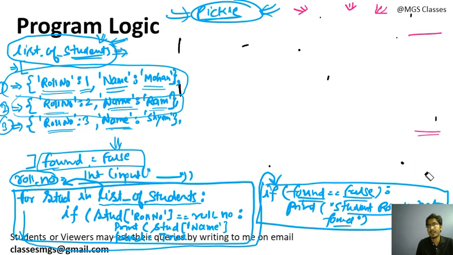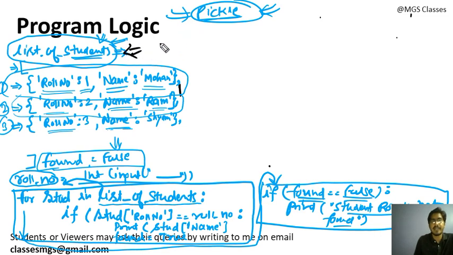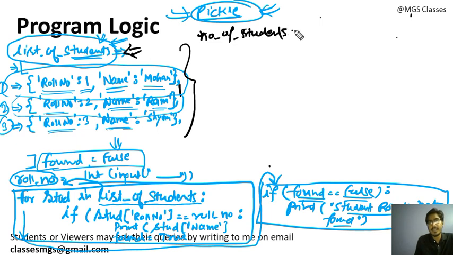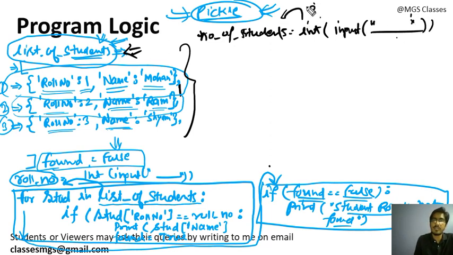Okay, now let me explain the idea. I am explaining this for loop. Let's suppose you want to create this dictionary by taking input from the user. How to prepare this dictionary? First I can take the number of students, how many students you want to insert. I am giving some message and the user will enter it. Let's suppose the user wants to insert 3 students' data, then I can use a for loop.